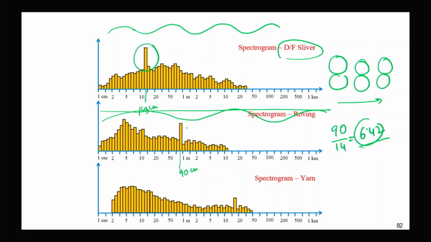Okay, and we can see as the wavelength increased, the number of times it occurred has reduced, so height has dropped. Always we will see when the wavelength is less, height will be more, and when wavelength is more, height will be less, and it is further stretched